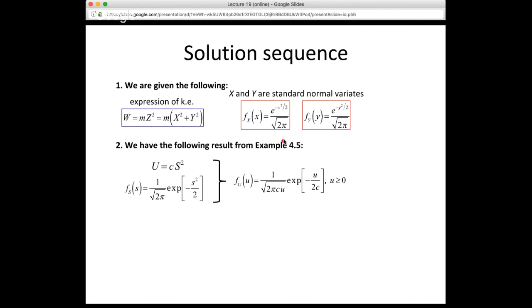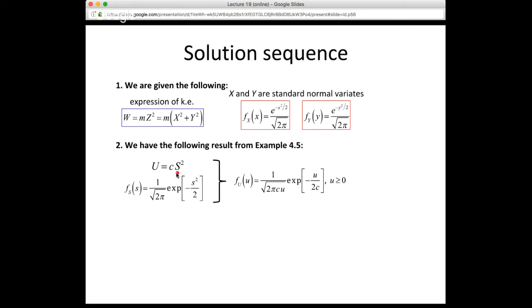All right, so that's all fine and good. That's what we're given. Now, the tricky part of this problem is that it builds on a result from example 4.5, where we showed, you may not remember this, that if you had this formula for a dependent random variable as a function of a single independent random variable, that is s squared, where c is just a constant, if you had this particular formula for g,